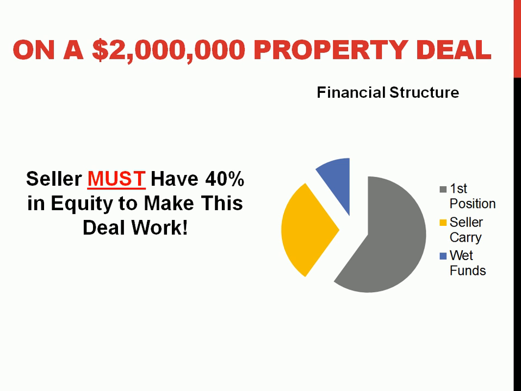Okay? So for example, on a $2 million property deal, the seller is going to have 40% in equity to make this deal work. Okay? Because remember, we're doing a 60-30-10. All right? They are allowing for the seller to carry back. A lot of lenders do not allow for seller carryback. This particular situation, this is what makes this loan program so phenomenal, is that they are allowing for seller carryback